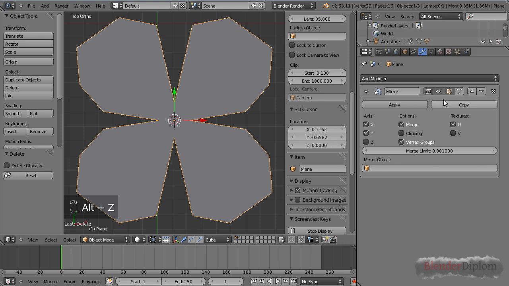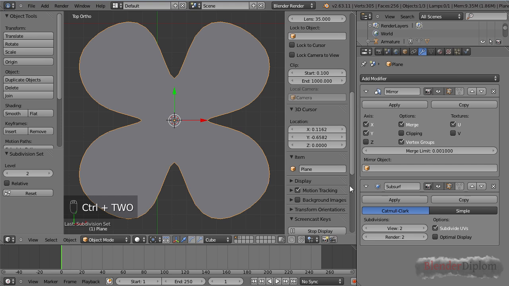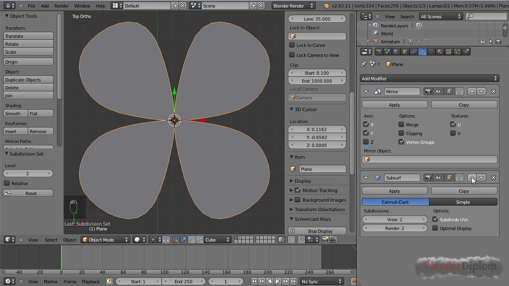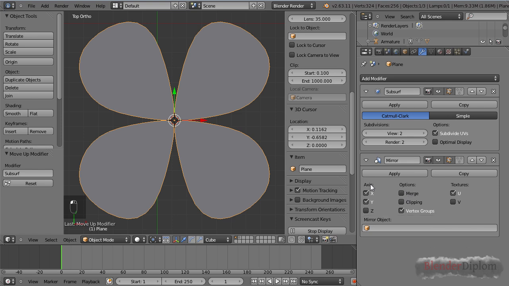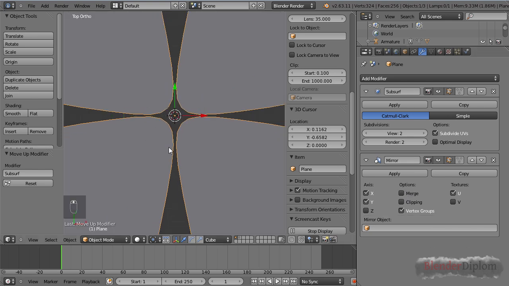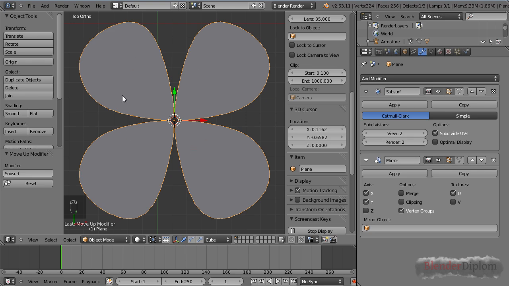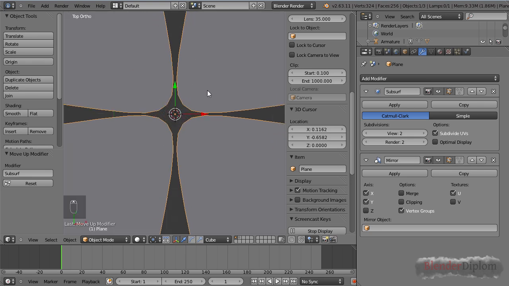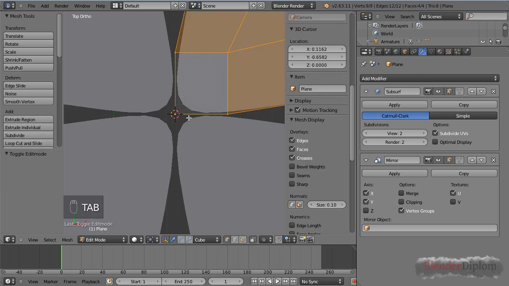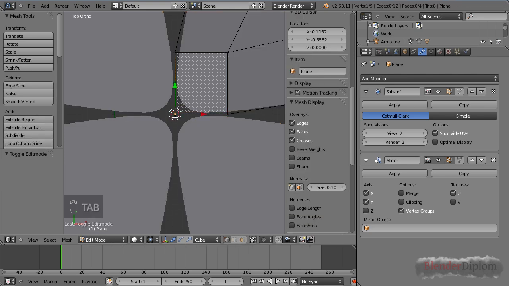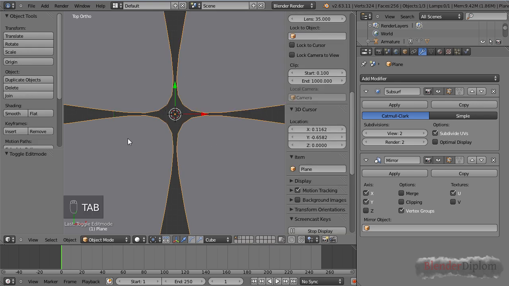Okay, good. Now let's add a subsurf modifier. Subsurf modifier, you can add it by pressing Ctrl 2, and if I turn off merge here, or if I put the subsurf on top, you can see there are little gaps here, and the reason is, first my subsurf modifier is displacing the edges here, you can see those vertices basically don't exist anymore because the subsurf is overriding them and placing the replaced vertex over here. This means they are no longer close enough to get merged, and thereby the mirror modifier